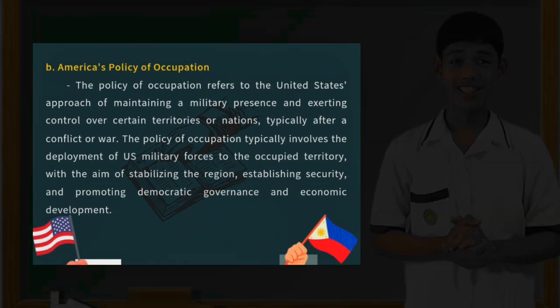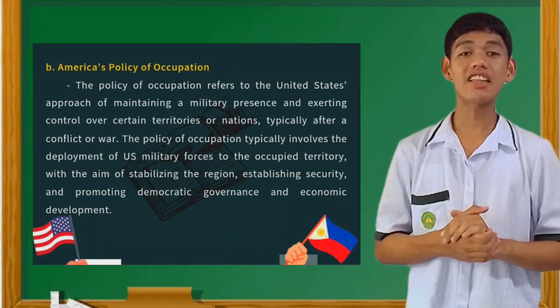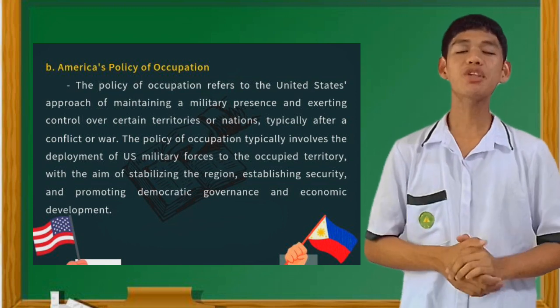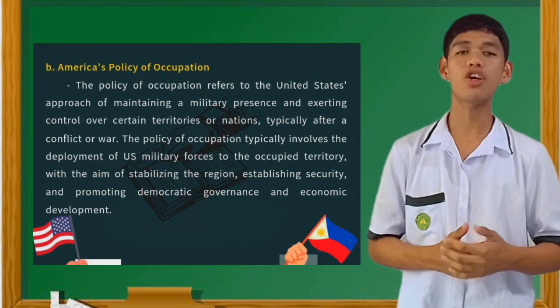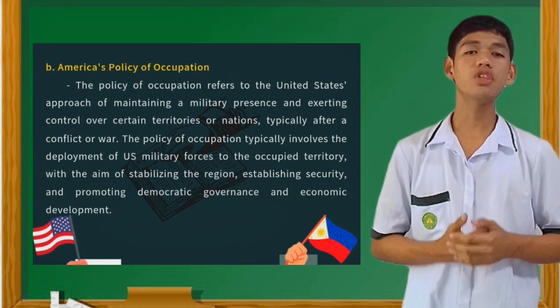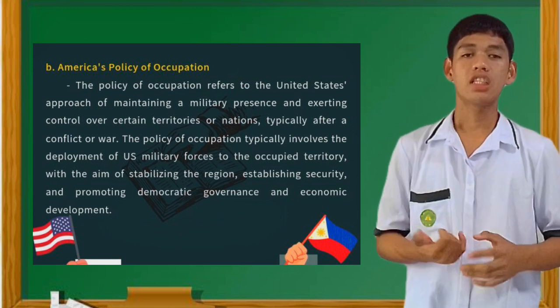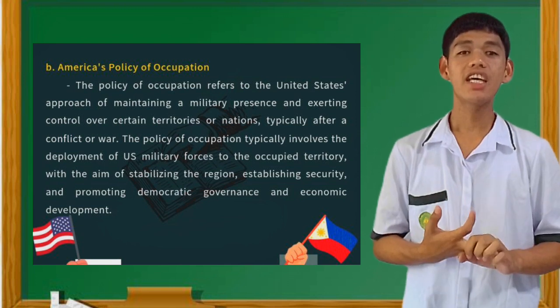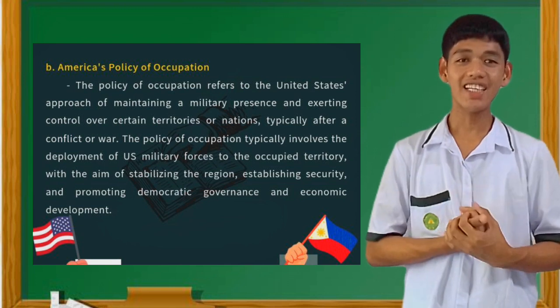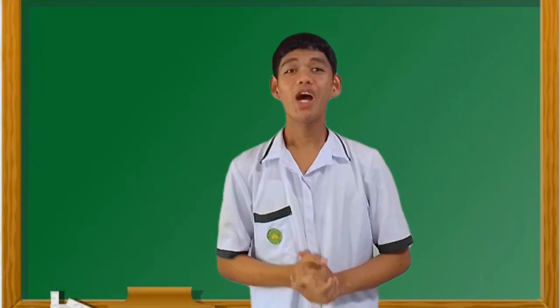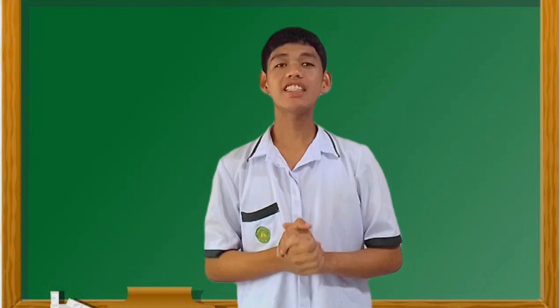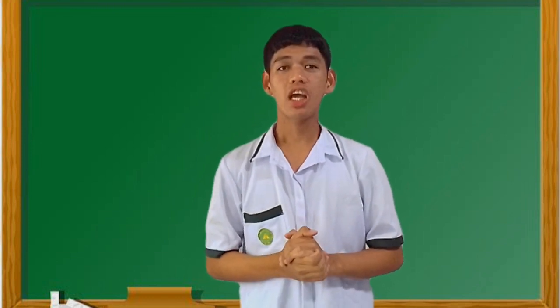economic development. So it means that they do this policy to maintain the military presence of the US and control certain territories or nations in order to stabilize the region, have security, promote democratic governance, and have development in the territories. One example of America's policy of occupation is the colonization of the Philippines, which I